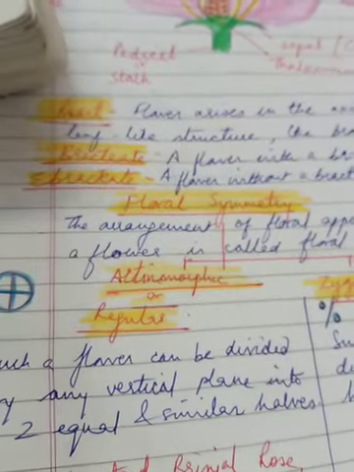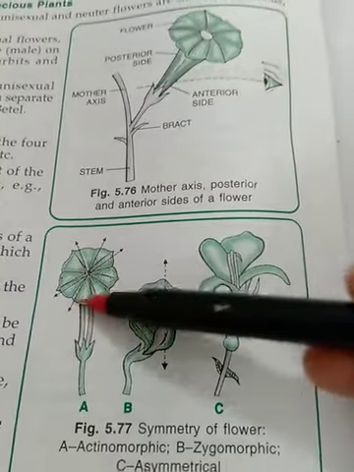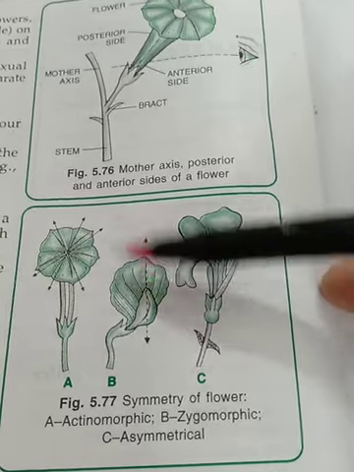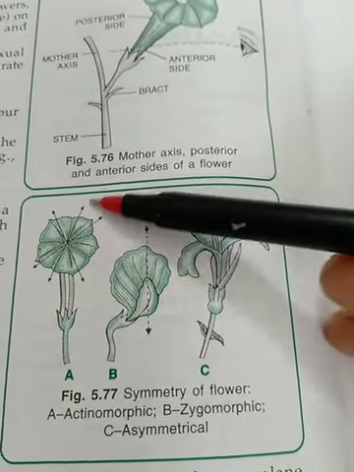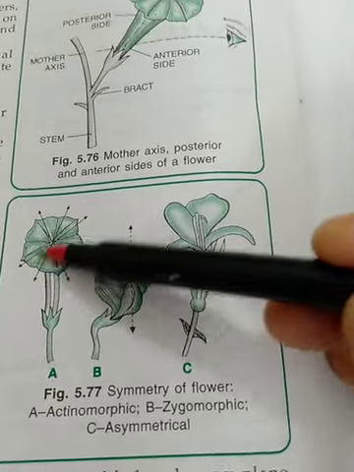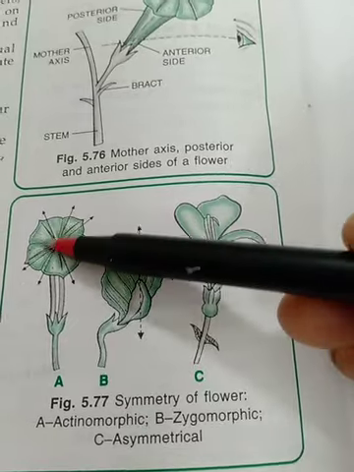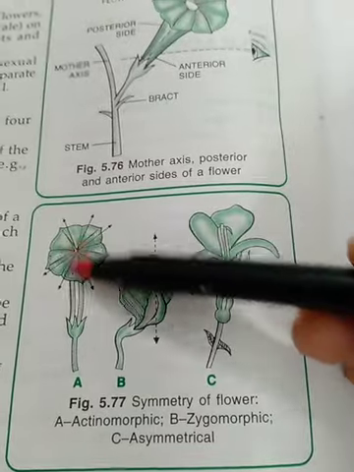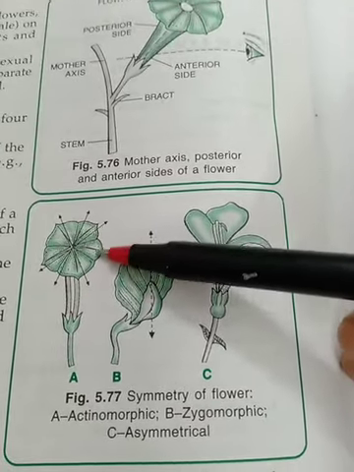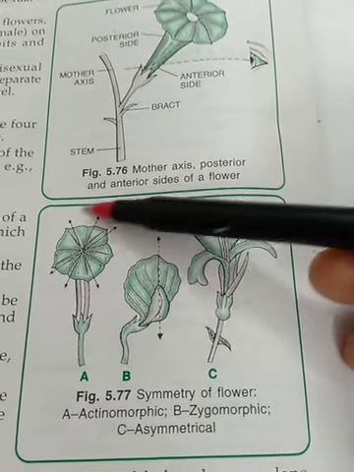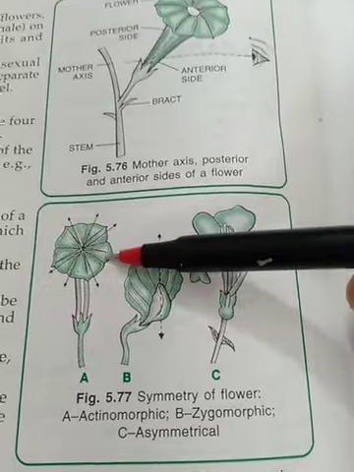Here, the basis of this is to understand. First see this flower, flower number A. This is an actinomorphic or a regular flower. What do we mean to say? That in this flower, if you divide it in this way, or this plane, or any plane, the left side will be exactly the replica of the right side. So any plane you select, the two divisions of the flower will be exactly equal, or the two halves will be exactly identical. So such a flower is called regular or actinomorphic.